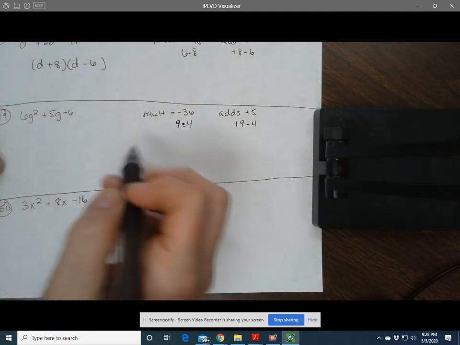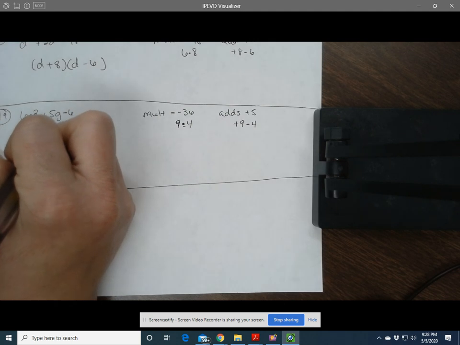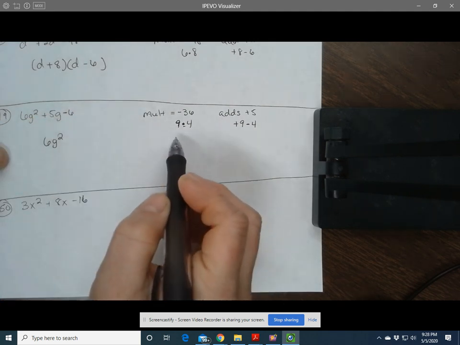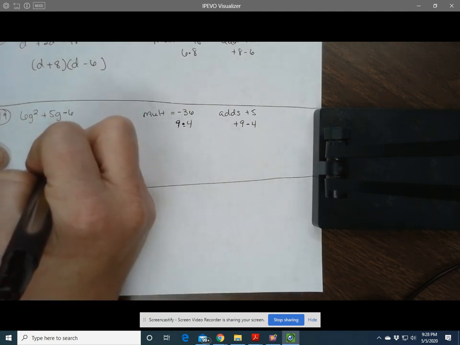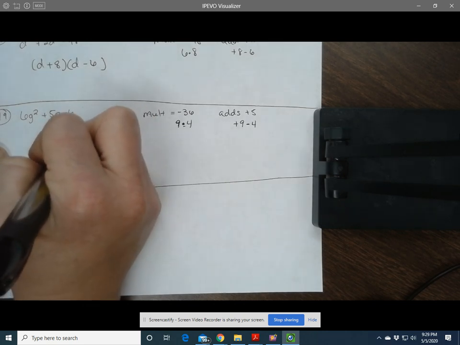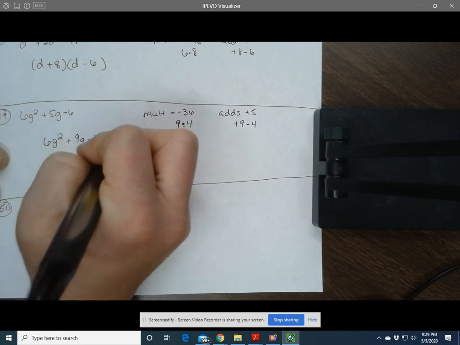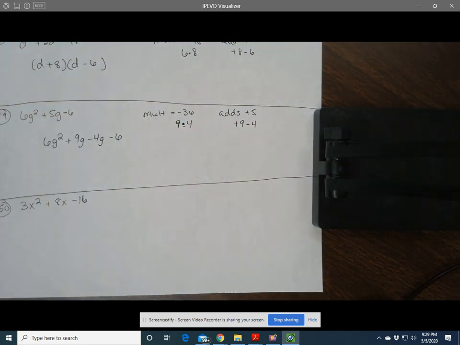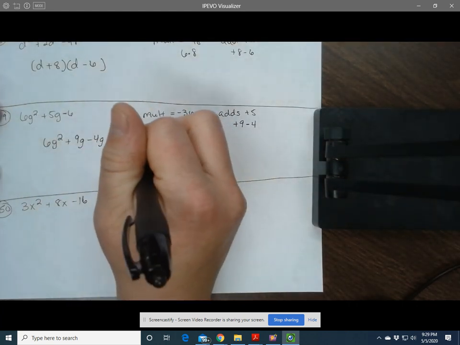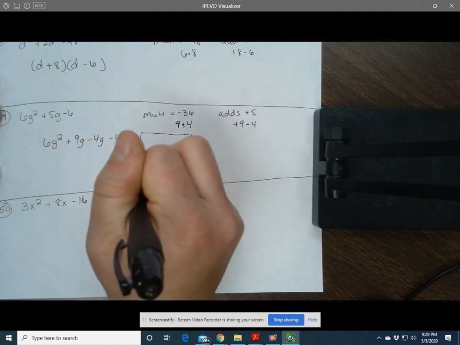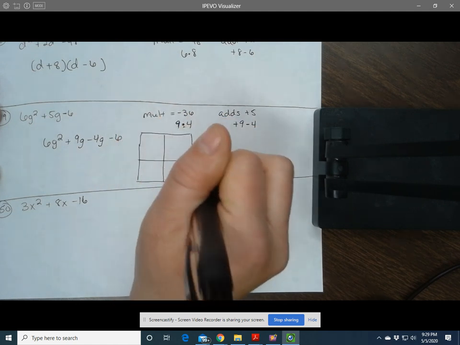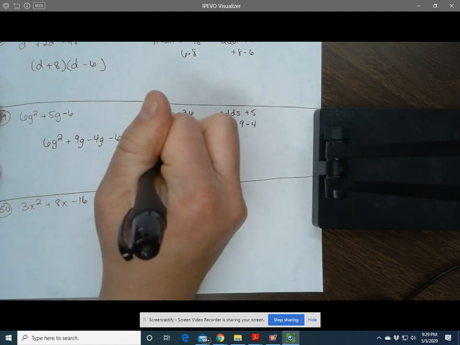So that means that it's going to be 6g squared, and then plus 9g minus 4g minus 6. That is what I'm going to need to figure out how to factor, because if I simplify that, it gives me that. Well, this is where I showed you guys to put it in the box, because it makes it easier to figure it out. And so you're going to have 6g squared